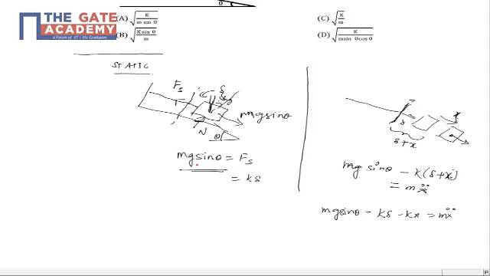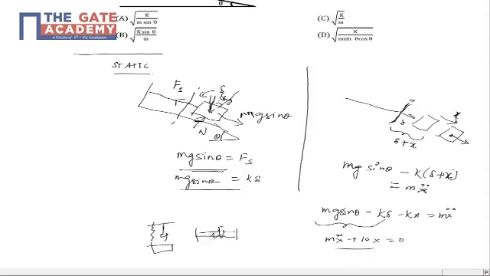Now from equilibrium we know that mg sine theta is k delta. So these two terms will just cancel each other, and what we are left with is m x double dot plus kx is 0. So this is again the governing equation for a spring mass system when it is just on the floor. So the incline doesn't matter when it is just hanging or when it is just on the floor. So this is just similar to that, and so acceleration can be written as minus k